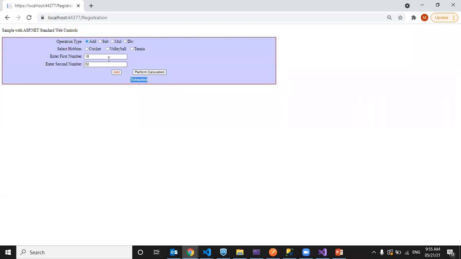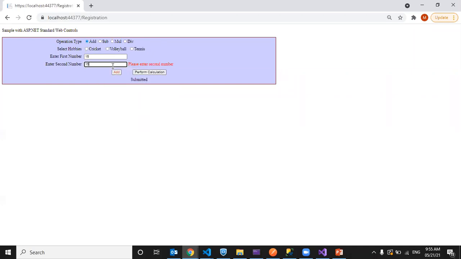So this is a way of using it. Now I entered only one number, so it is displaying, please enter first number. So I'll enter the first one, so it is gone. Now I'll remove the second value. When clicking outside itself, it is showing, please enter second number. So it is not allowing me to submit. See here, it is not reloading when I'm clicking it because the validation has failed.